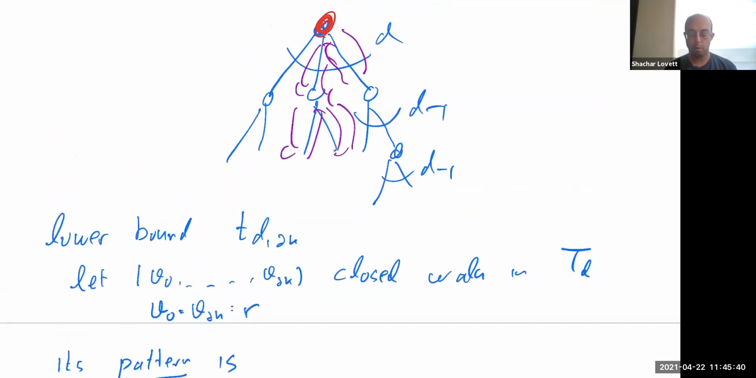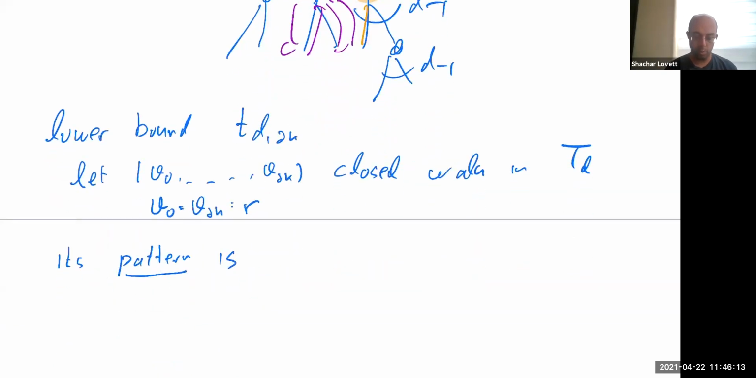Note that every step here that we make either gets us further away from the root by one level or closer to the root by one level, right? At every node here, like for example, take this orange node here, I can either decide to go down, I have d-1 options to do that, or I can decide to go up and have one option to do that. So for every step I can think of its pattern as saying, do I go down or do I go up? So its pattern is going to be a sequence